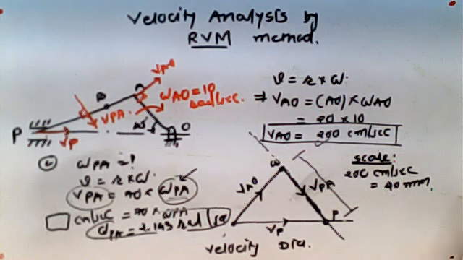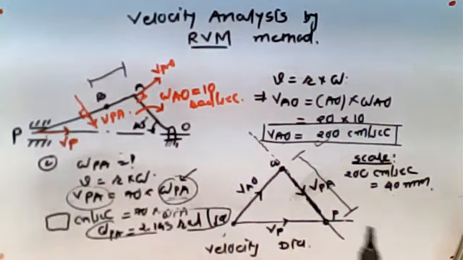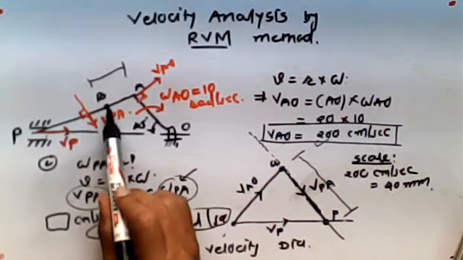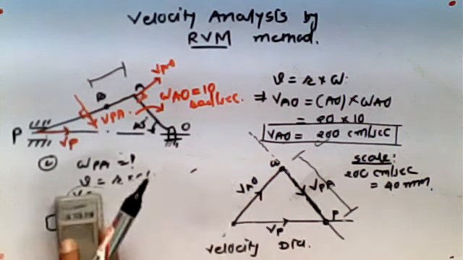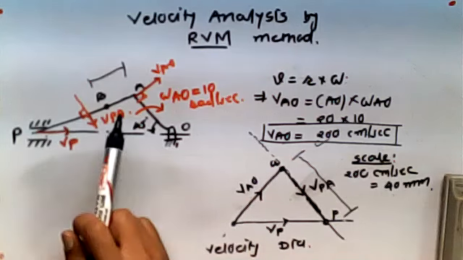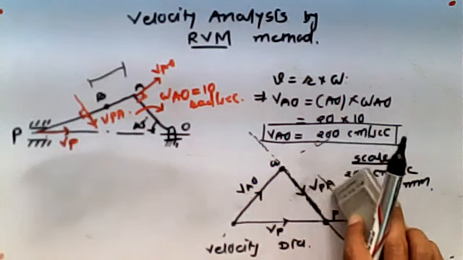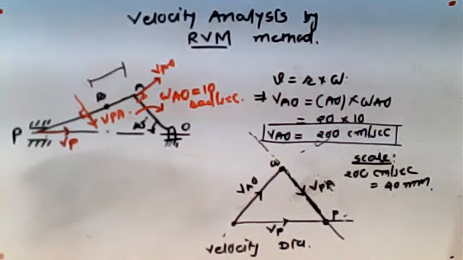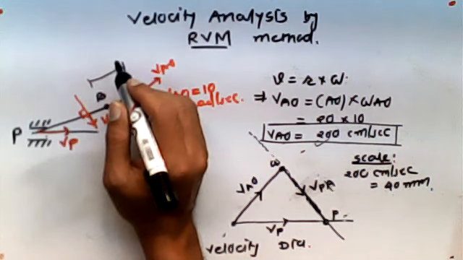Now the very important question: what is the velocity of this point B? Point B is placed somewhere here, and that distance is given from point A, and we need to determine the velocity of this particular point B, correct? So for that, we have to get back to the velocity diagram and determine the velocity of point B first. Okay, so let's do this. What you can do here, this is the length, A to B is the distance of point B.